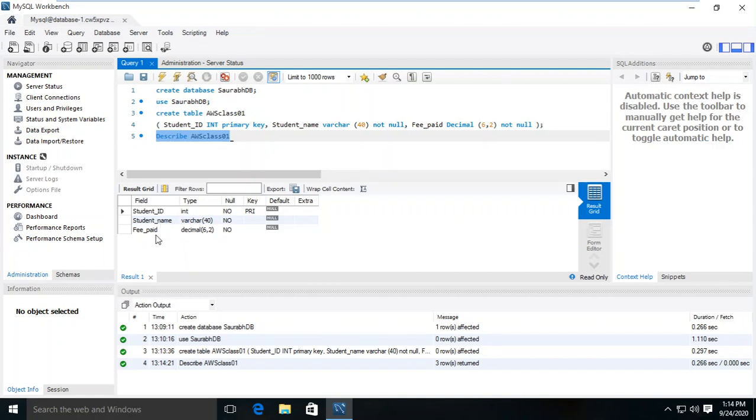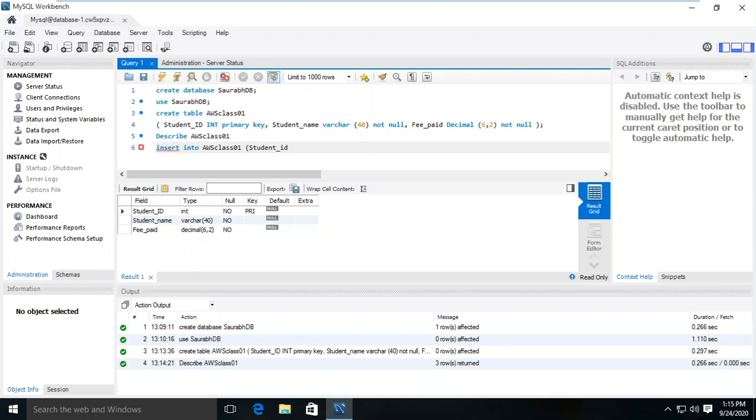Now let's try to add some information there. So to adding the information, let's continue. Let's try to add maybe some information of some student. So I say insert. What I want to insert is insert into my table name AWS class 01. What I want to insert there, that is a student ID.